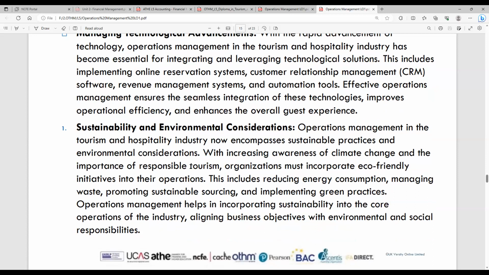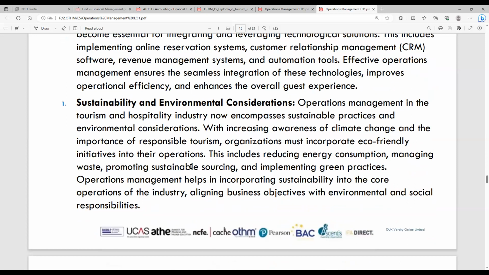The third or fourth factor is sustainability and environmental considerations, i.e. waste management, because tourism and hospitality is an environment that utilizes a lot of products and produces a lot of product wastage. So this is one of the other important bits. Sustainability and environmental considerations are very important, to make sure that